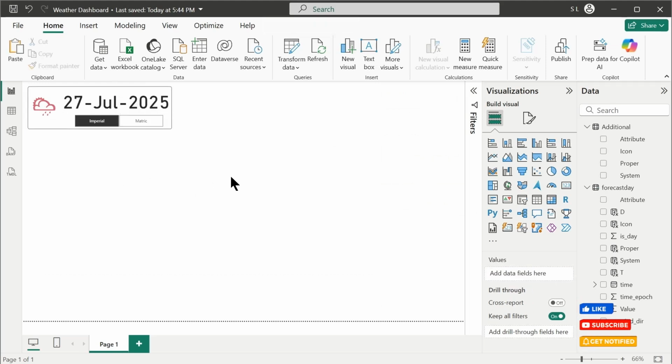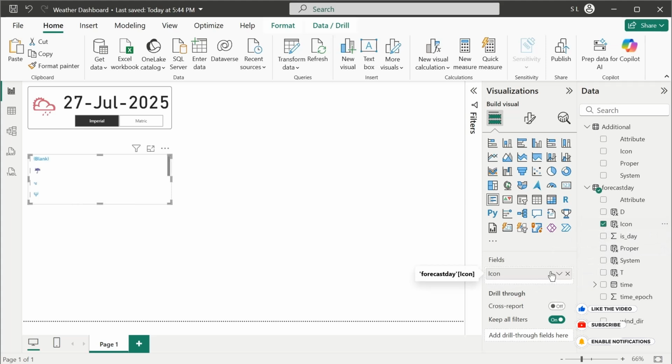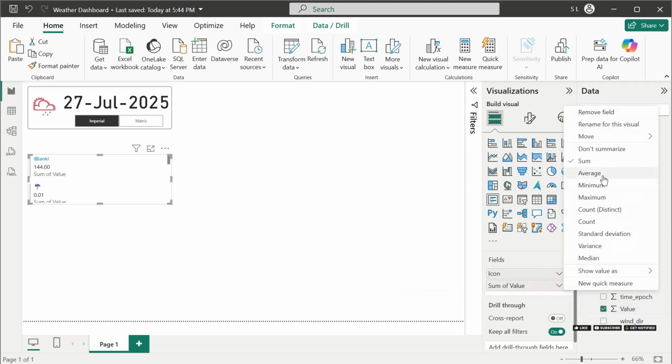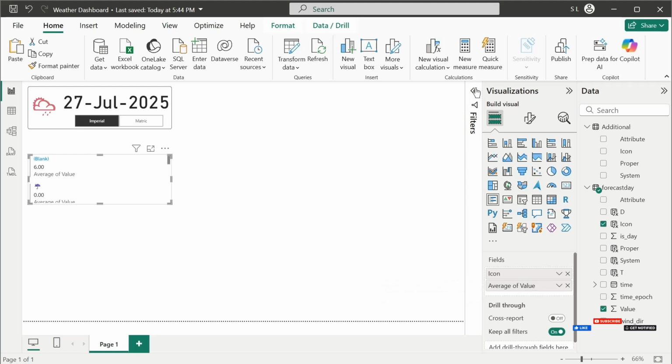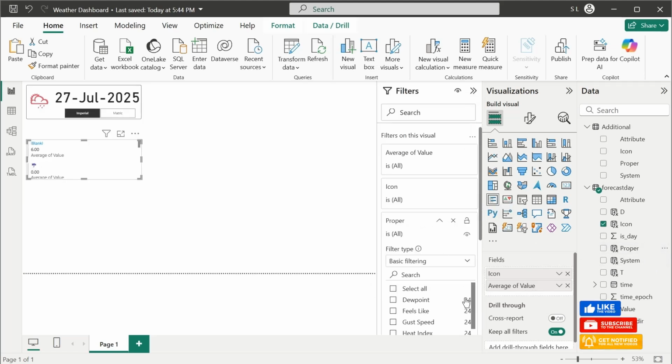Now we can enter more data into our dashboard. So let's add a multi-row card and add the icon field actually, and then add the value field as average, and then add the proper field to the filters and select the first data point, which is dew point,